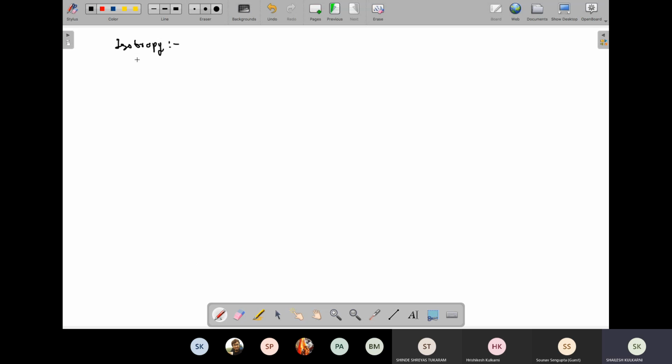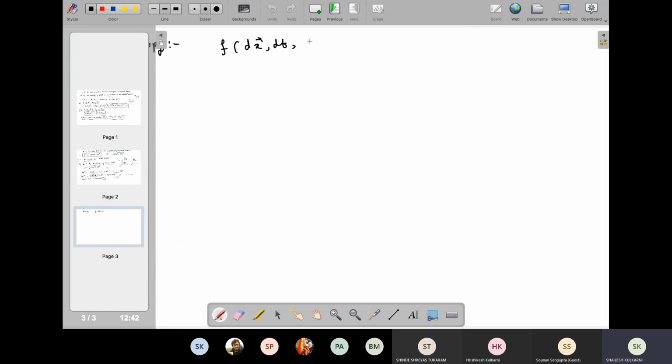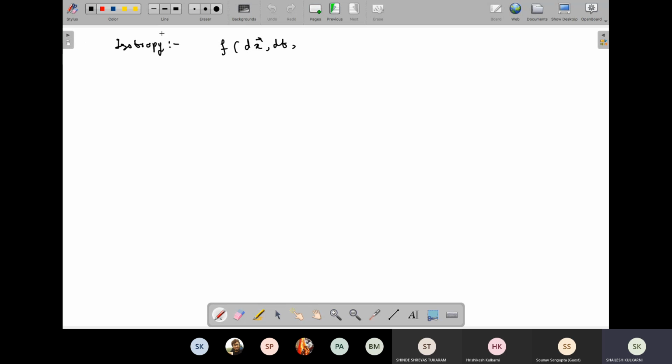Homogeneity and isotropy say that this function f of dx, dt. In fact, I can write dx prime and dt prime also. But why am I not writing dx prime and dt prime? Because then the order of the differentials will be different. But you can put that and argue that it should not depend on dx prime and dt prime also. So this function f of dx, dt and v